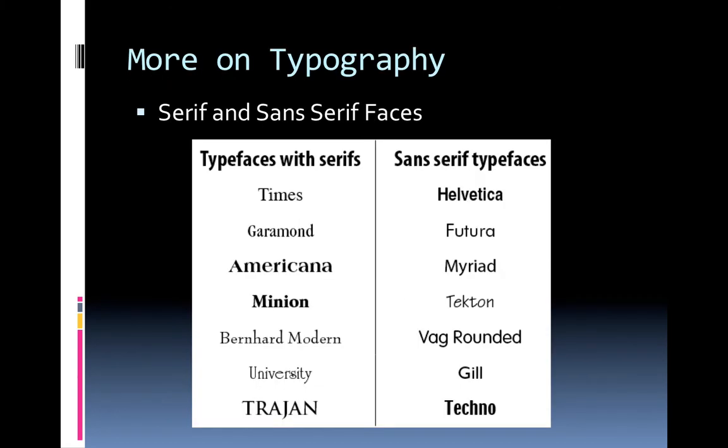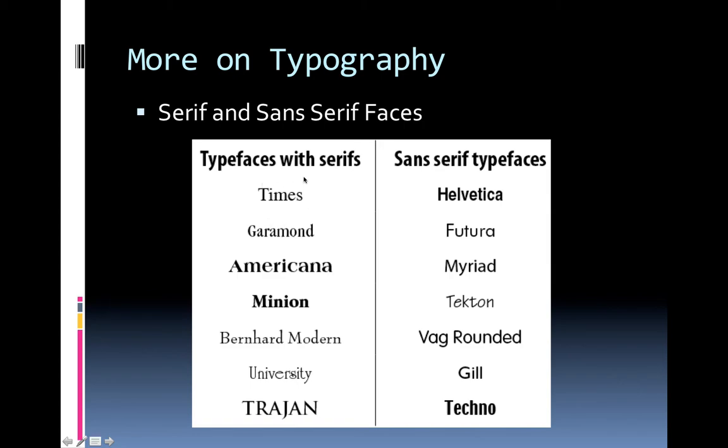Basically, we will see that the typography has two types of typefaces. One category is called serifs. That's the type of typefaces that has small strokes at the end of the big stroke. You can see this small stroke here, small stroke here, small stroke here. At both ends of I, there are small strokes, and then the